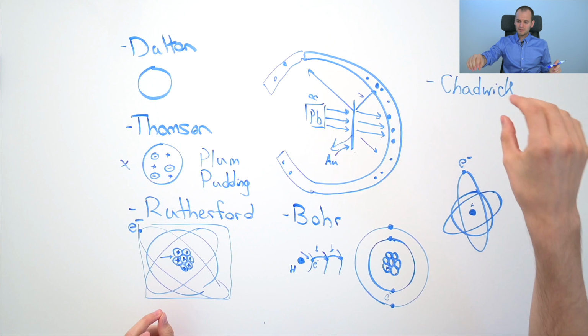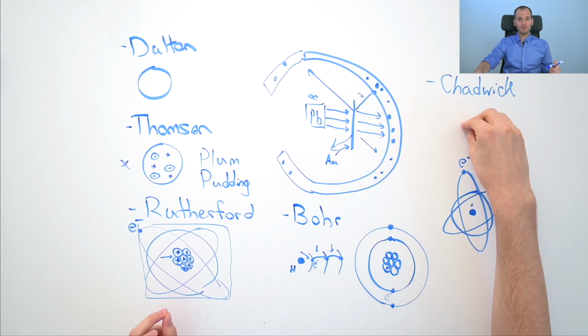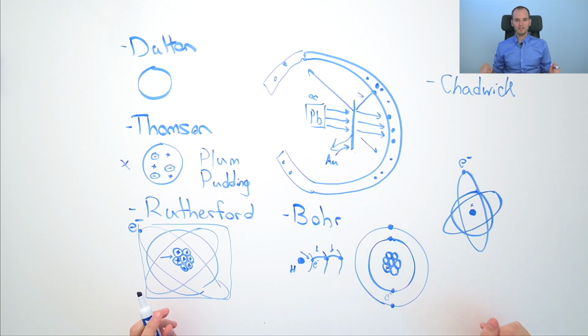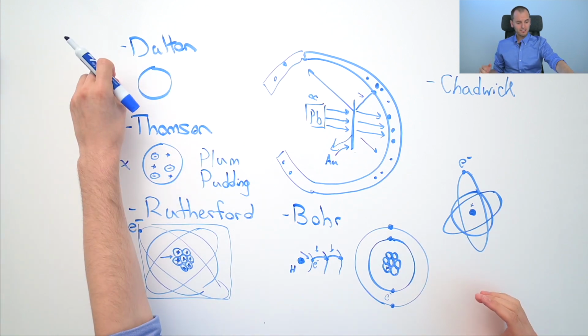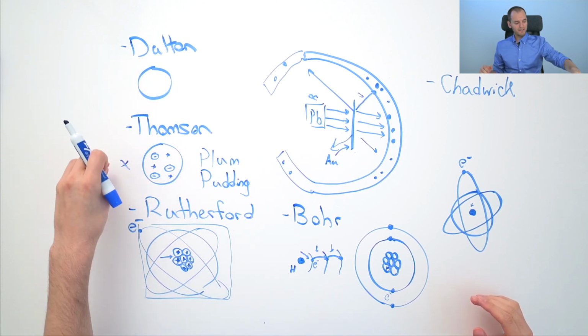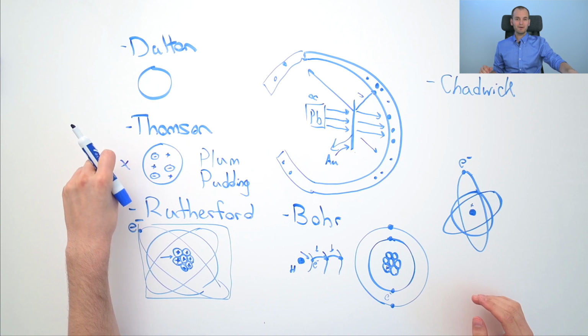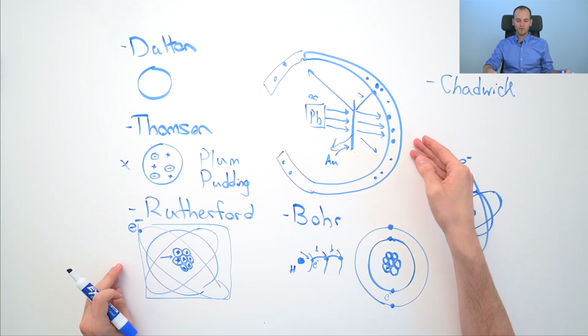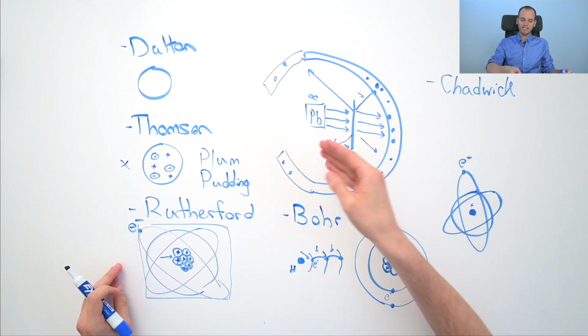And so Chadwick found neutrons. Now, these neutrons helped us kind of understand what we know the atoms to be. So we have Dalton, which had the billiard ball model. We have Thomson, and he came up with the plum pudding. We have Rutherford, he came up with the planetary model from the gold foil experiment, where he shot alpha particles